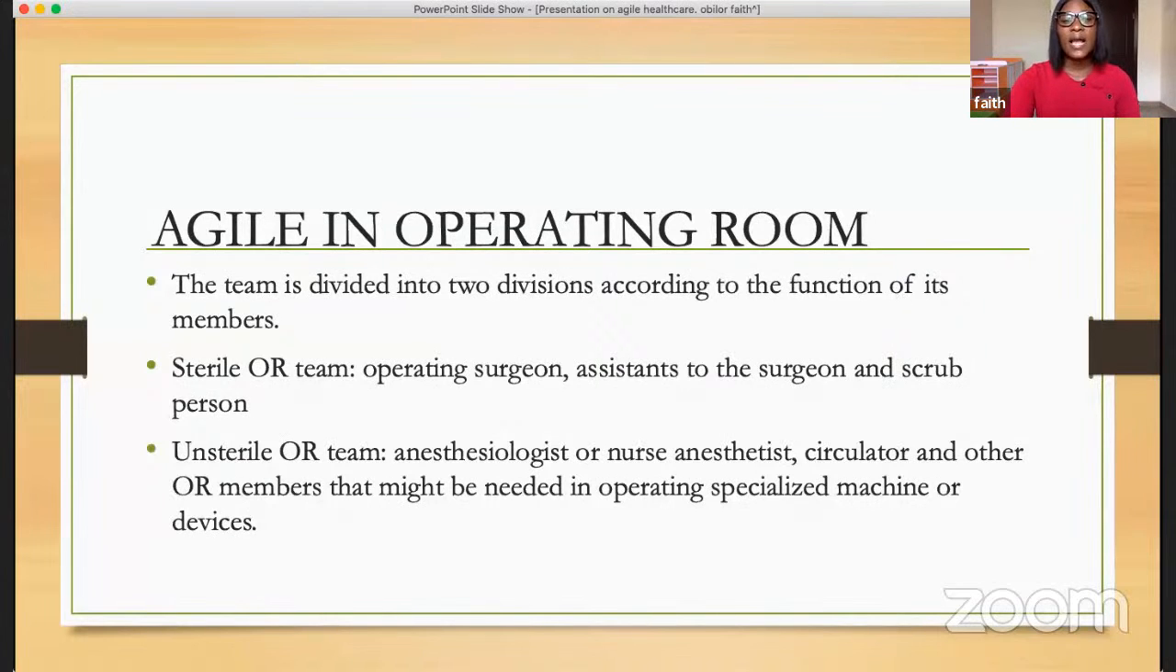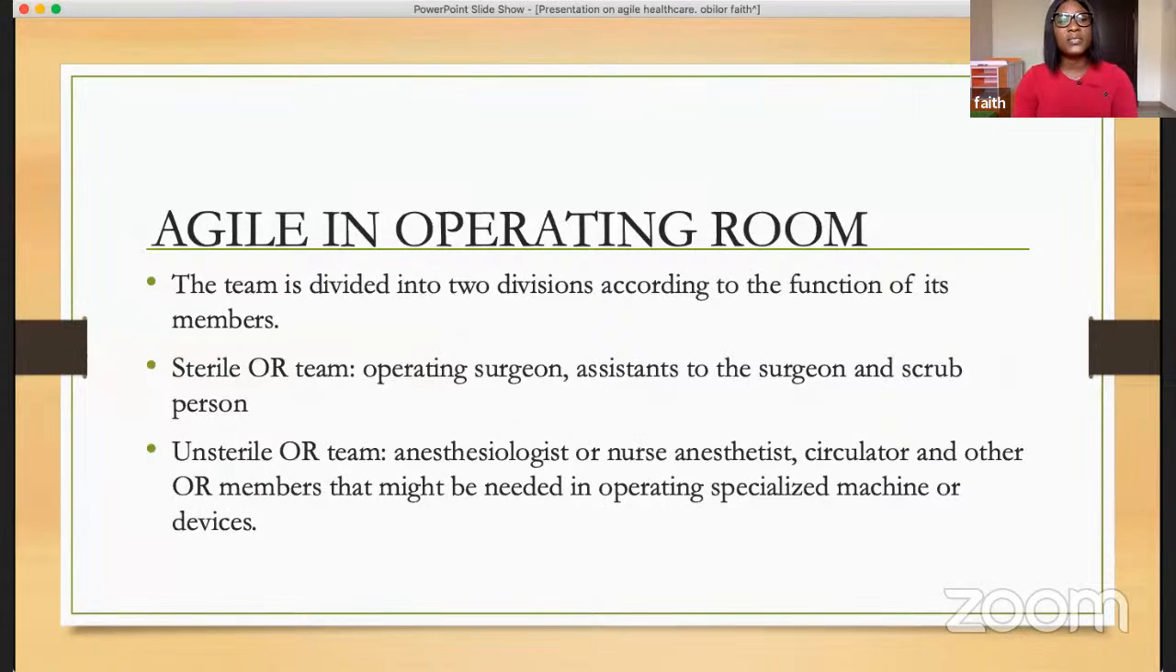So agile in the operating room, basically. The operating room has to do with where surgery is being performed. We have the 3 parts of the perioperative period, which are pre-op, intraoperative, and post-operative, basically. And we have